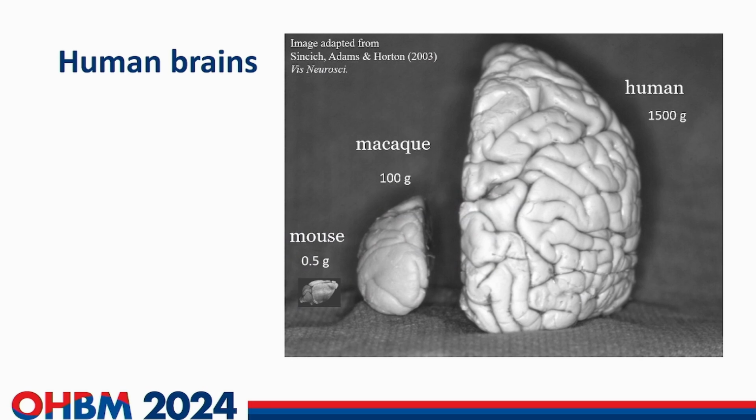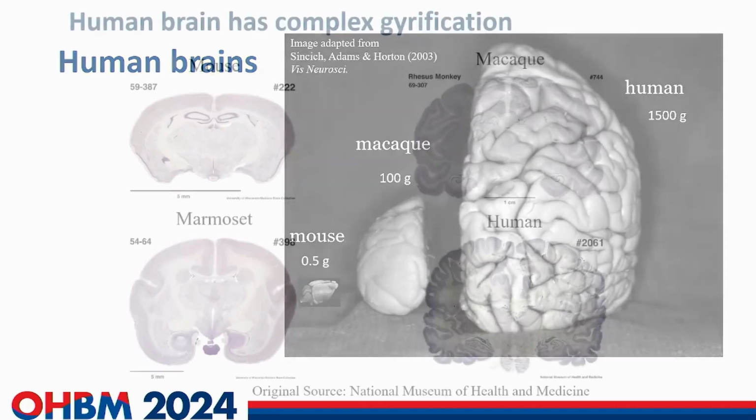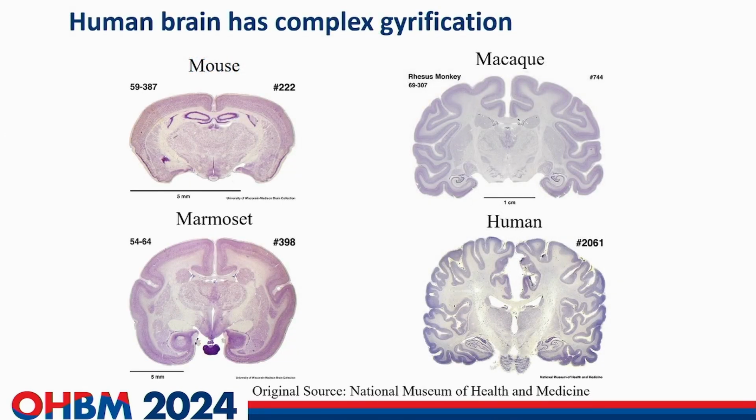Well, we are members of the OHBM, so I suppose everybody is very interested in the human brain. During evolution, the human brain has become a very expanded organ compared to the brains of animal models, say macaque and mouse. Compared to the macaque brain, the human brain has 15 times bigger volume. Compared to the mouse, it has 3,000 times bigger volume. This expansion of the brain occurred concurrently with an evolutionary expansion of a particular anatomical feature in the